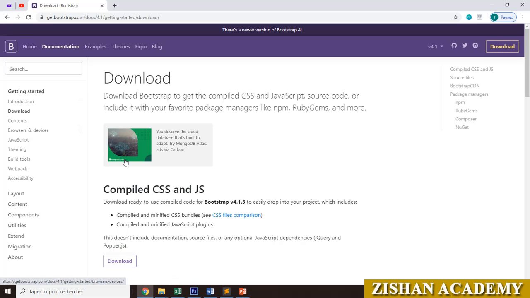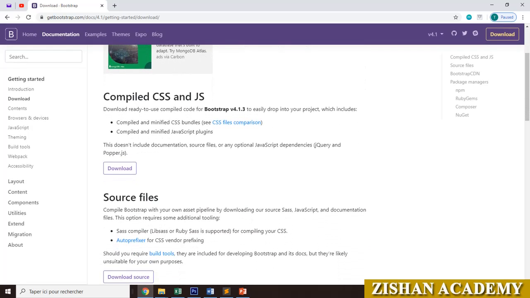Here we have download, and we have compiled CSS and JS. We need CSS, JS and the JavaScript file, that is jQuery. We need the cascading style sheet, JavaScript and jQuery to go for Bootstrap.